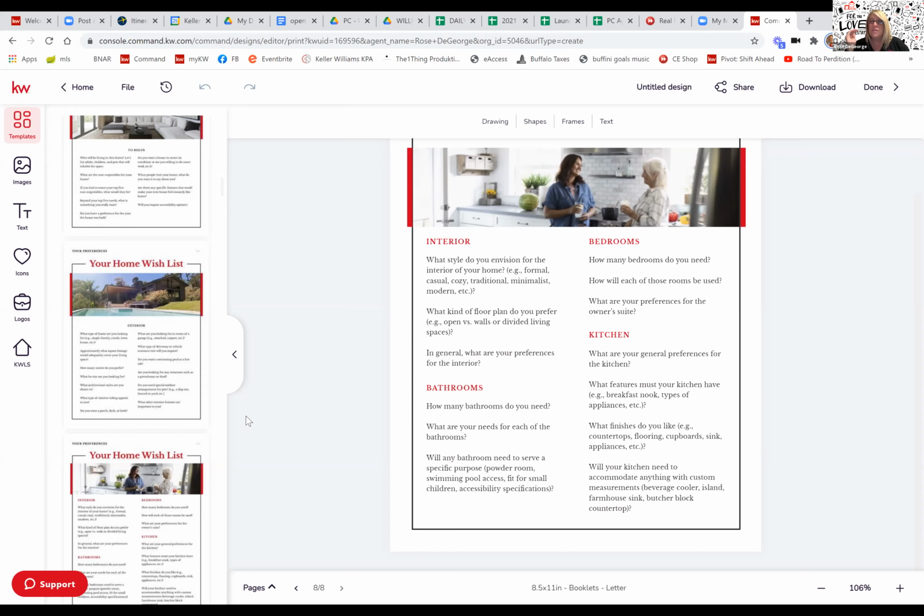Bedrooms, how many bedrooms do you need? How will the bedrooms be used? I may tell you I want a 3-bedroom property. How am I going to use those 3 bedrooms? Are they all going to be used as bedrooms? If one is an office, what if instead I found you a 2-bedroom house that had what we call a